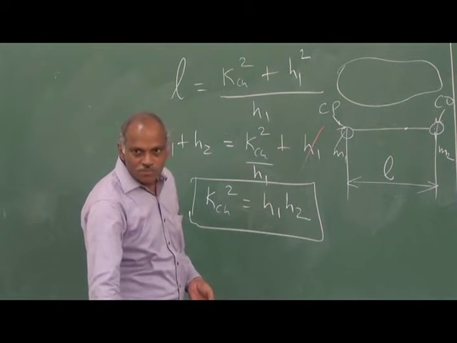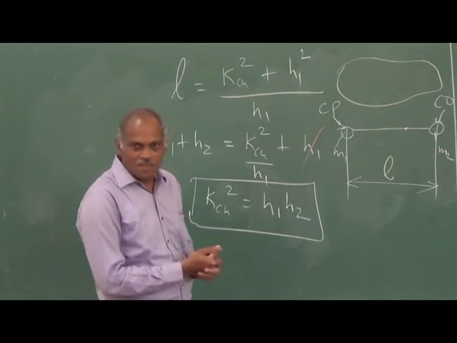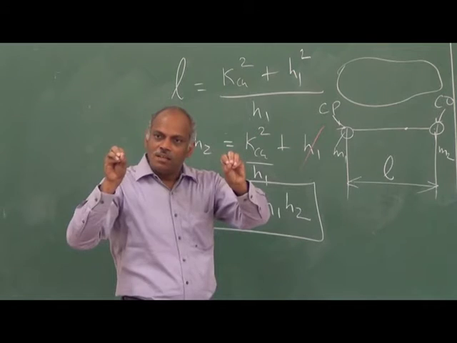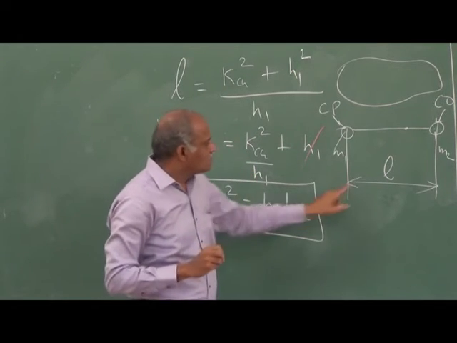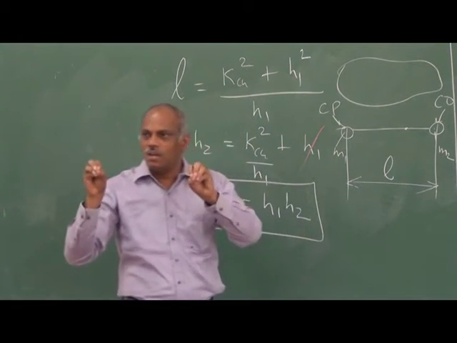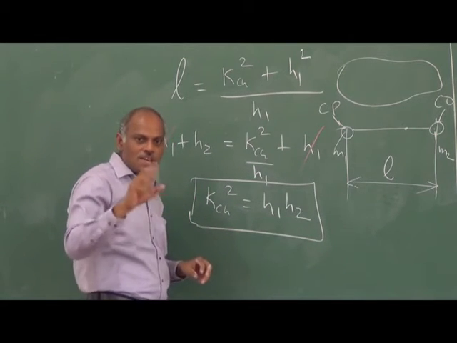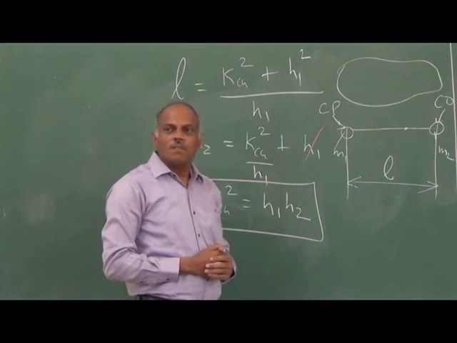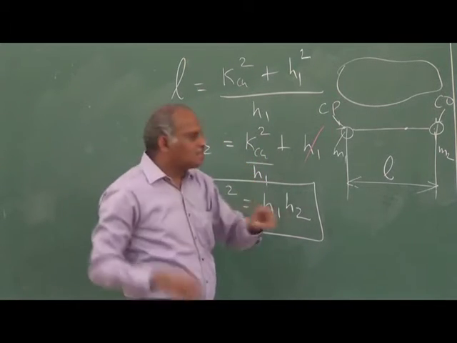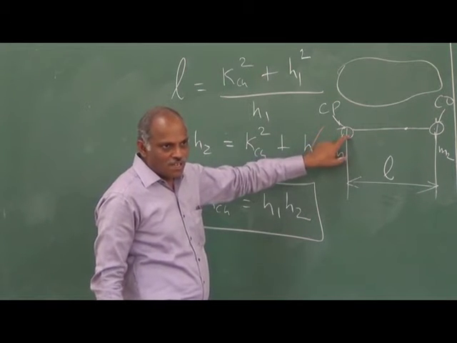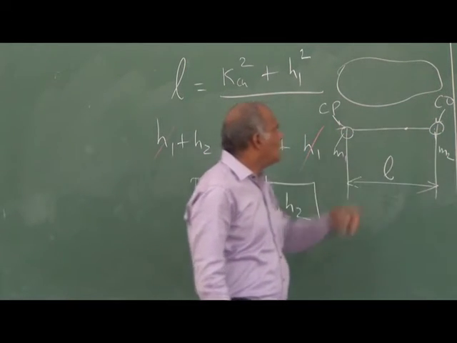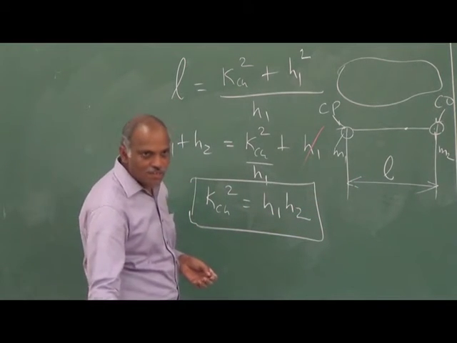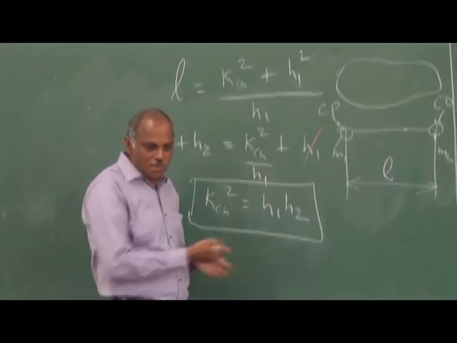So they all have some correlation. What is the distance between the two points where these two masses will be placed? That will be the length of the equivalent simple pendulum, the pendulum which will have the same oscillating period as the compound pendulum of this rigid body. And one mass will be at the center of oscillation, the other at your center of percussion, and vice versa. So these are some of the revelations about the dynamic modeling.